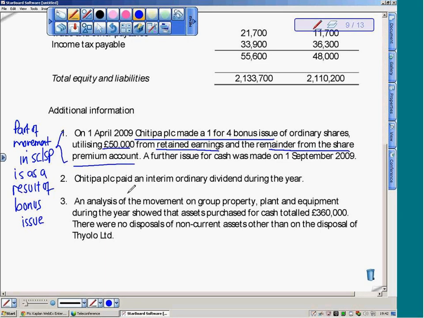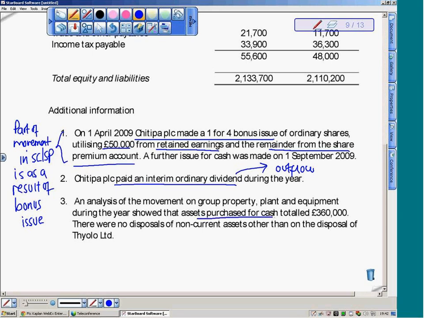The next note tells us that Jitterbug PLC paid an interim ordinary dividend. So it's telling us here, quite obviously, there is an outflow. And when we look at our retained earnings, we need to pick up the movement that relates to this dividend outflow. You've got 3, and 3 says an analysis of the movement of group PPE during the year